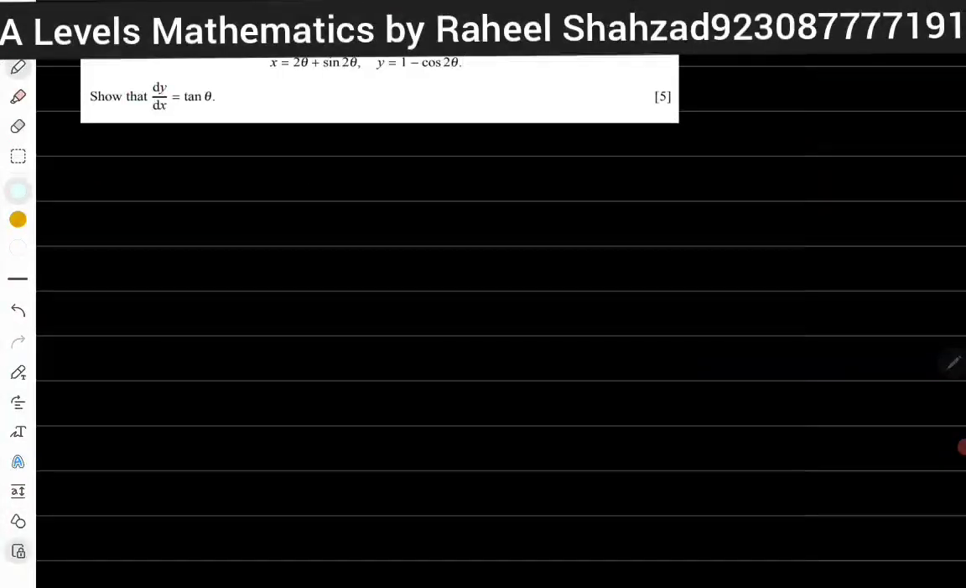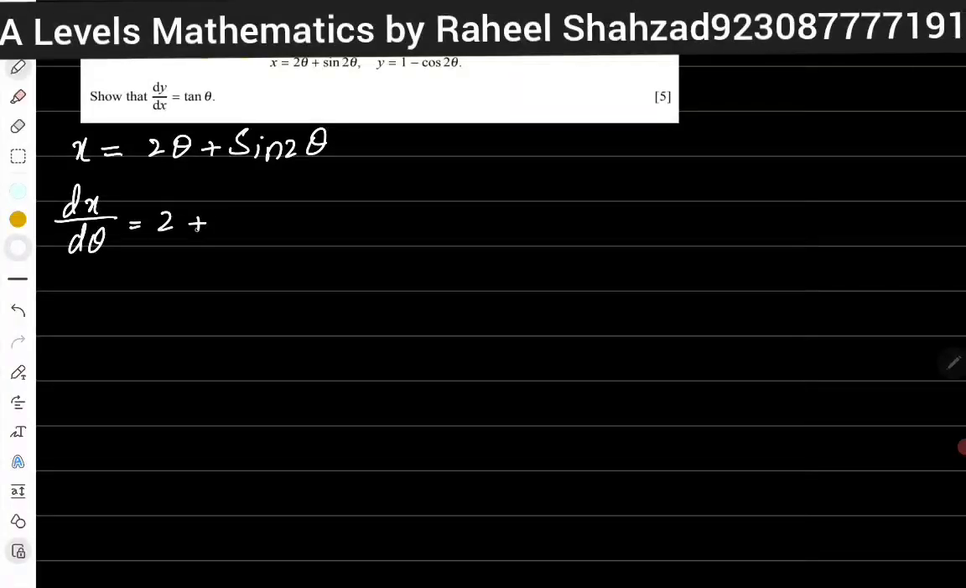Okay, so here is a question. It's given that the parametric equations of a curve are x is equal to 2 theta plus sine 2 theta and y is equal to 1 minus cos 2 theta. Show that dy by dx is equal to tan theta. These are parametric equations, and we have x is equal to 2 theta plus sine 2 theta. So dx by d theta is equal to 2 plus 2 cos 2 theta,